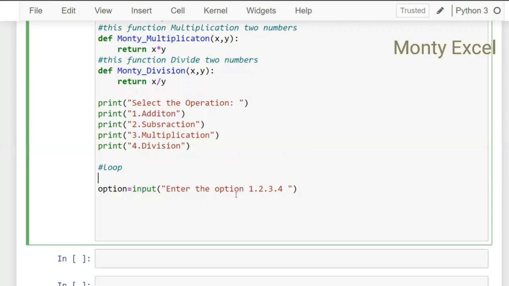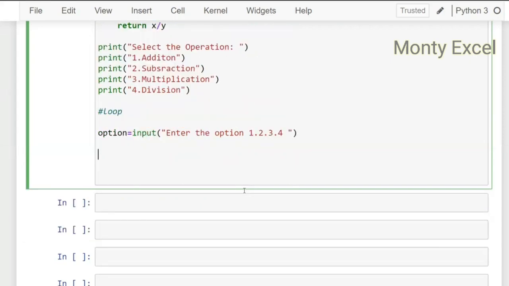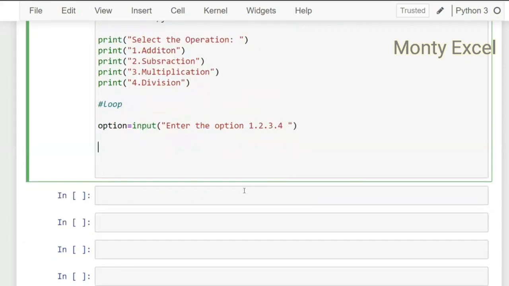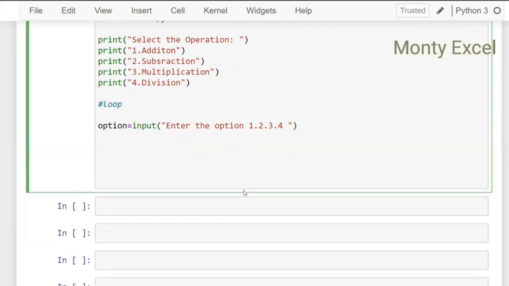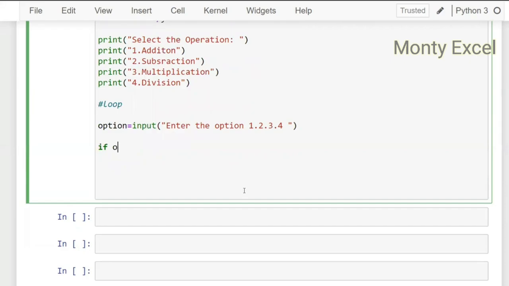Okay, so then you divide it. That is the option I'm giving to him. So he has to select the option. The end user has to select the option or the choice. Okay, now if we have used the in operator, if it is between 1,